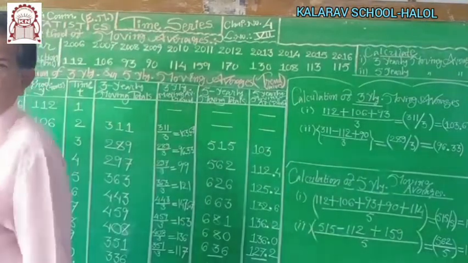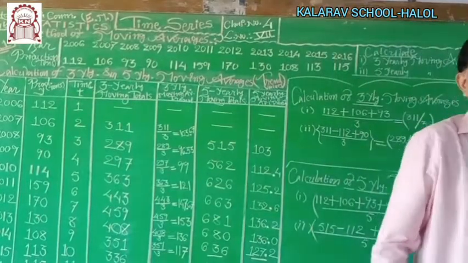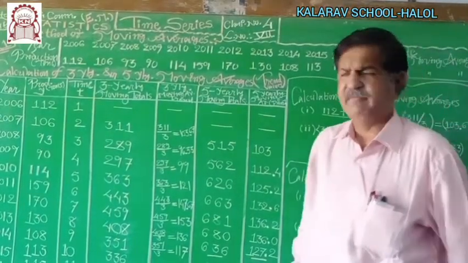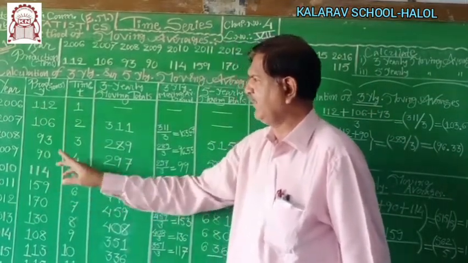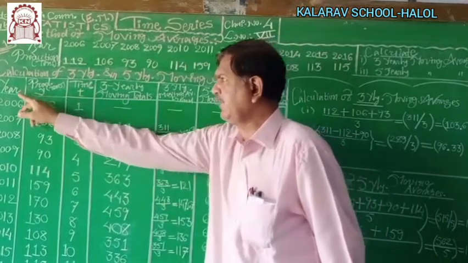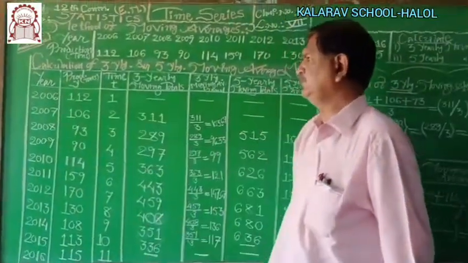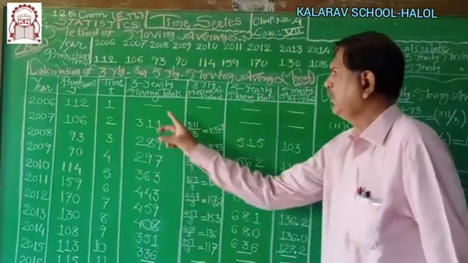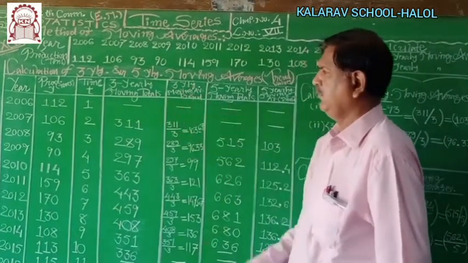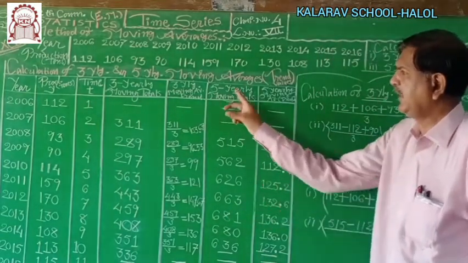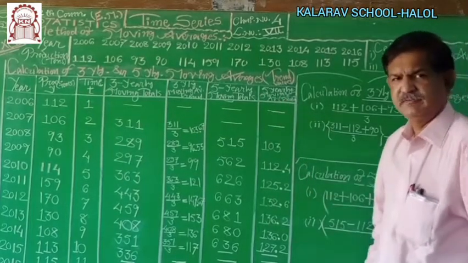Now, for preparing the table, make a column of year, then the data given, and time t. Year is the first column, data means production, sale, whatever may be given, and time period t. This data may be given in terms of year, month, week or quarter also. Then two columns for 3 yearly moving totals and 3 yearly moving average values, which is also known as trend value. Then two other columns for 5 yearly moving totals and 5 yearly moving average values, also for trend values.